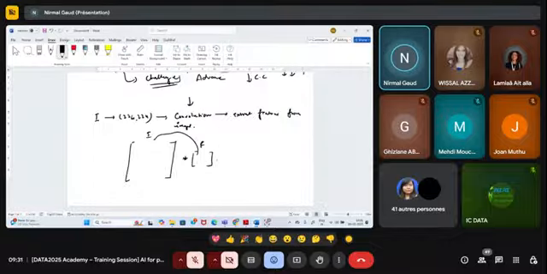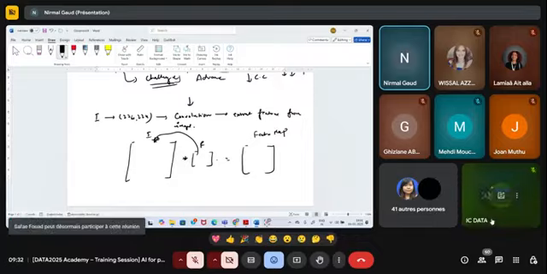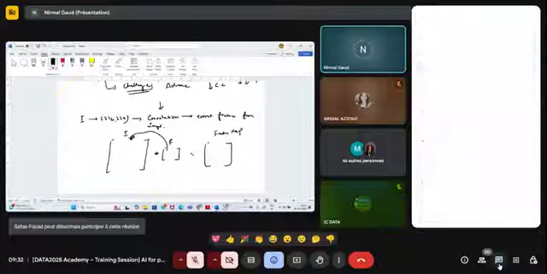There will be multiplication of the image with the filter, and the resultant matrix we achieve is called a feature map. The size of this matrix will be less than the original image. This is a feature map.